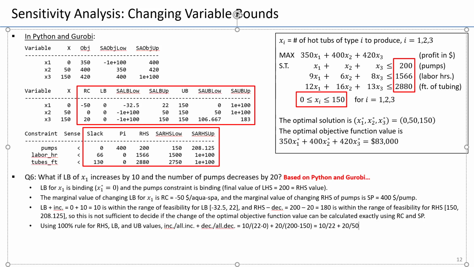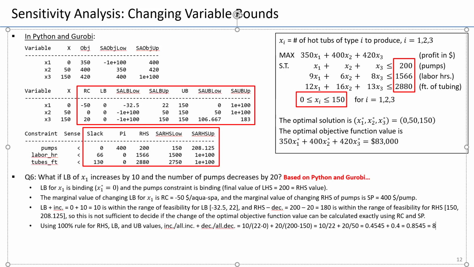So one comment: I'm decreasing by 20, but still I'm adding those changes. So don't put minus 20 by any chance here. Even though it's a decrease, we just put the positive values here. Positive value of increase, positive value of decrease. So if you do the calculation, this happens to be around 0.4545, and the second part, 20 over 50, is exactly 0.4,